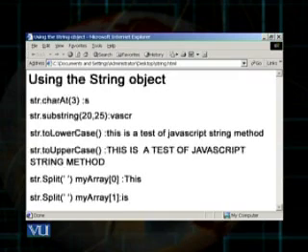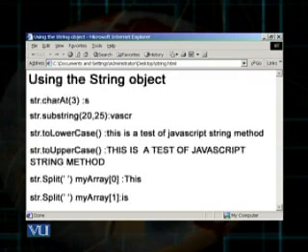That means that a substring should be created from within the index range of 21 to 25, excluding 20, and by counting the blank spaces, and that results into VASCR. So that substring VASCR would be displayed. String dot to lowercase, and then you can notice the whole string that is converted into lowercase. String dot to uppercase, and you can find that this string is now converted into uppercase.